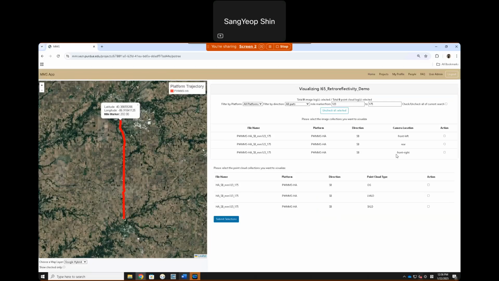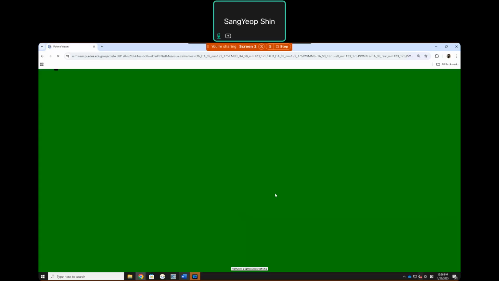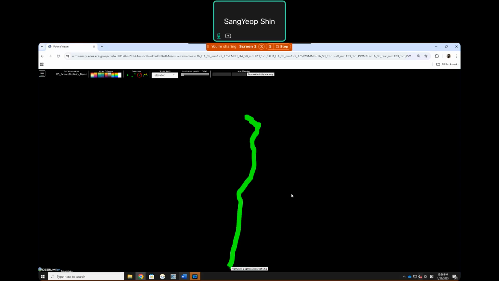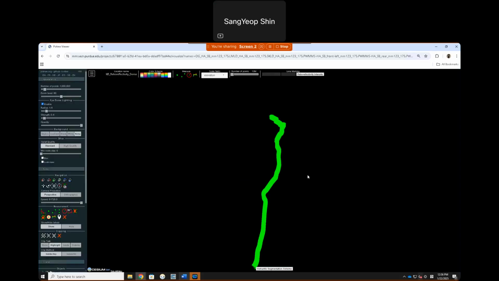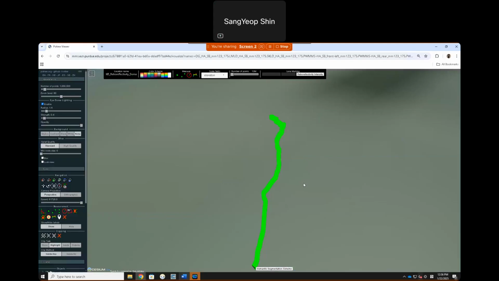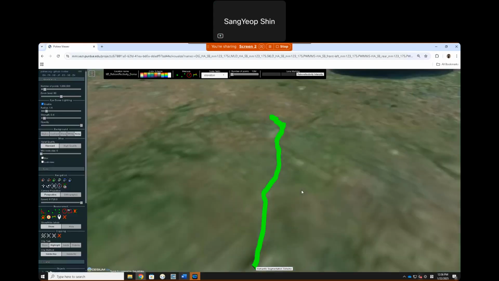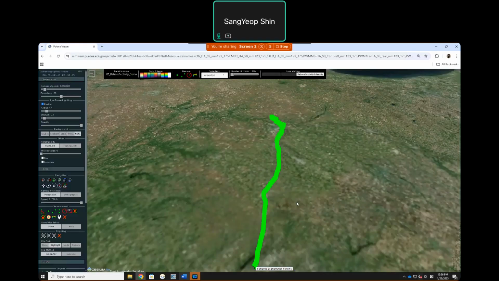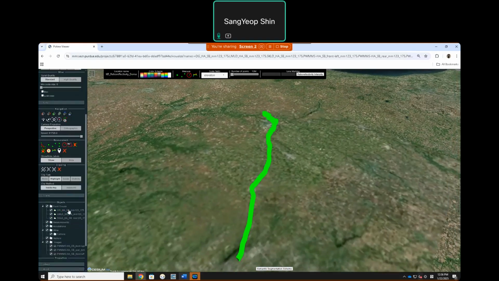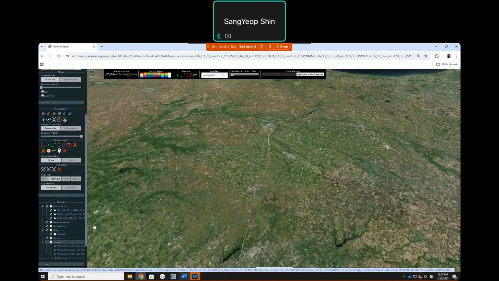So here I'll select all the data products that are available in this data list and load them to the viewer. The products have been successfully loaded into the viewer. I'll go ahead and uncheck the imagery,